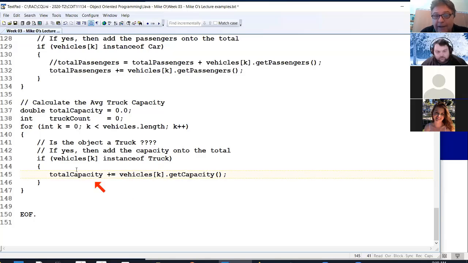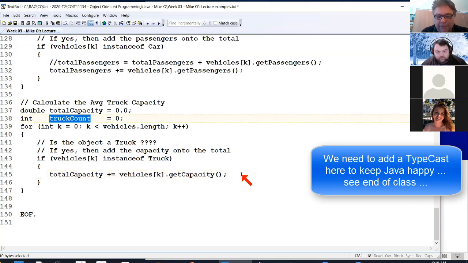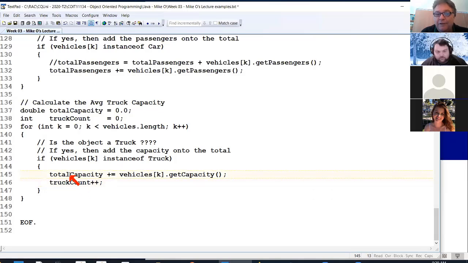Okay, so if it's a truck, we're going to add the capacity for that truck onto the total and also increment the count. We're keeping track of the number of trucks as we go as well. So every time we get a truck, we add one to the counter and also add its capacity on. And then to get the average, it's just double